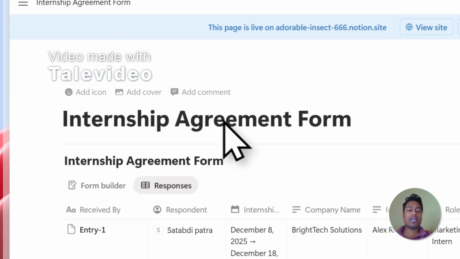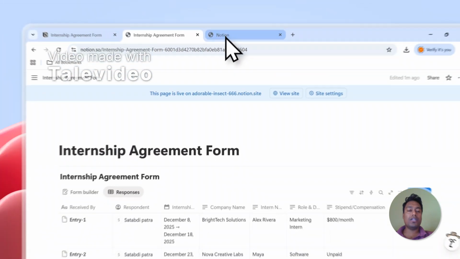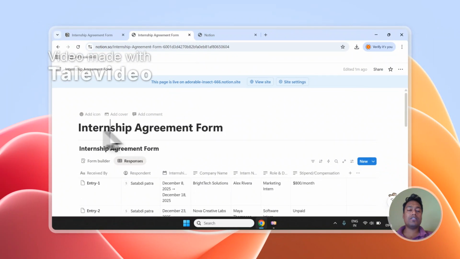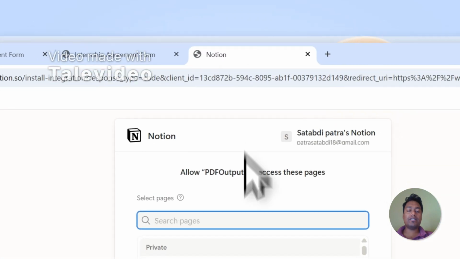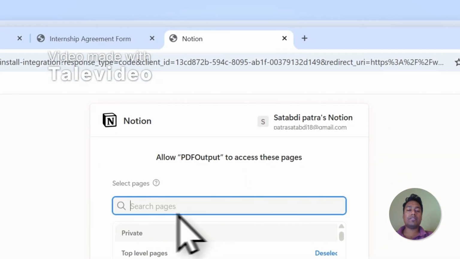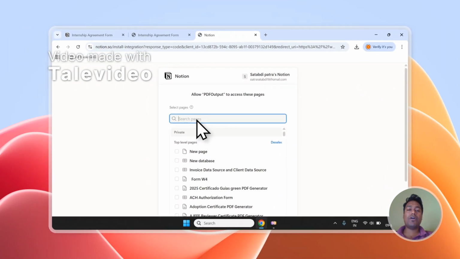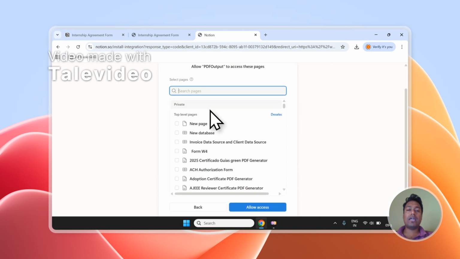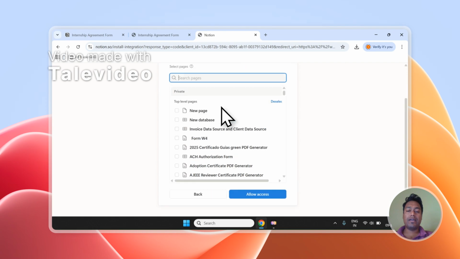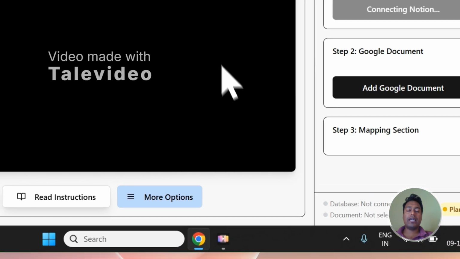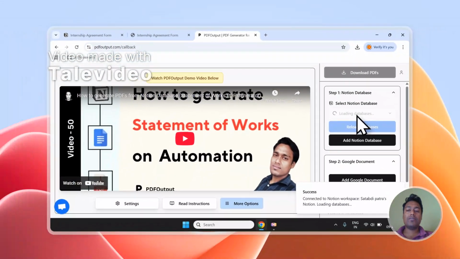Alongside that, if your database is connected with any other databases through relation properties, so let's say my internship agreement form is connected with database A and database B through relation properties, I need to add database A and database B over here inside search pages so that the PDF file which will be created will have all the relation and rollup values appear correctly on the document. Otherwise, the PDF will not have any relation and rollup values show up. Click on allow access, and now you should get access to the internship agreement form,